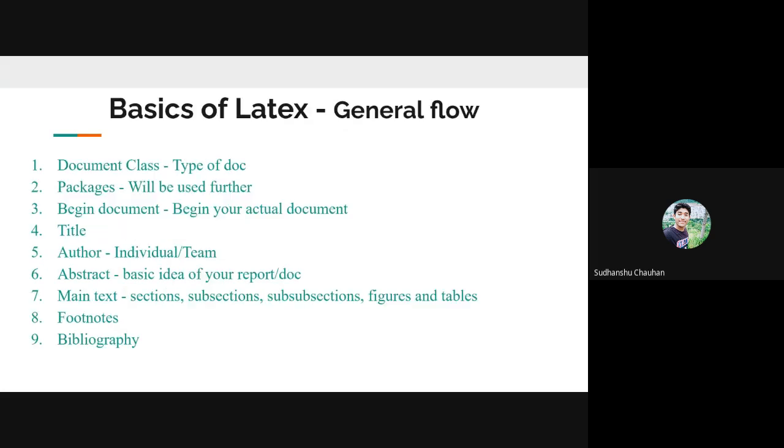Okay, so here we will go to the basics of LaTeX, that is the general flow. Generally, what you see in a report, if somebody wants to make a report, then there will be some title, author, abstract, main text, and all. So first of all, basically you need to declare the class of the document. That is the type of document which you are making, whether you are making a report, whether you are typing a letter,